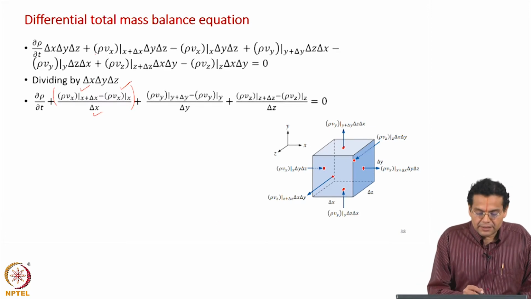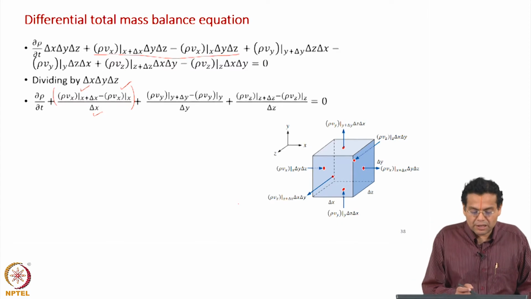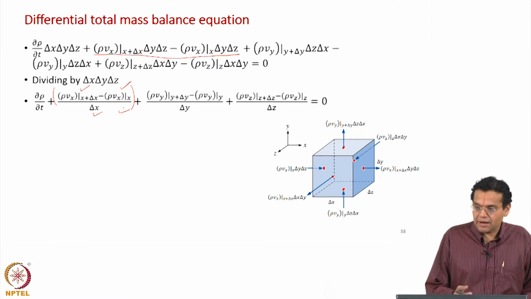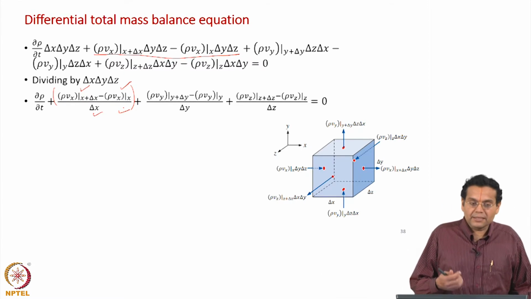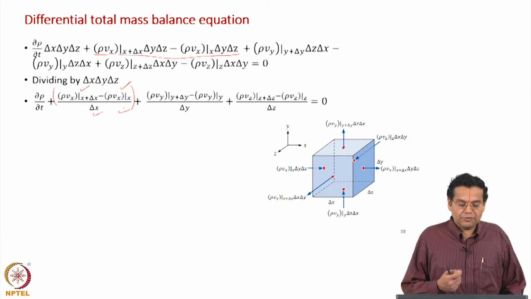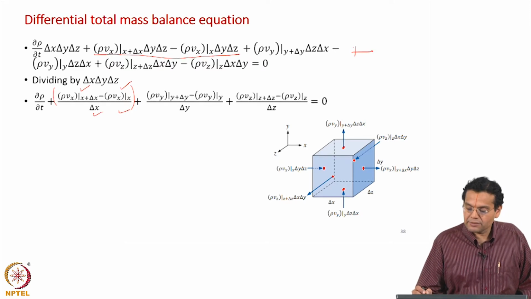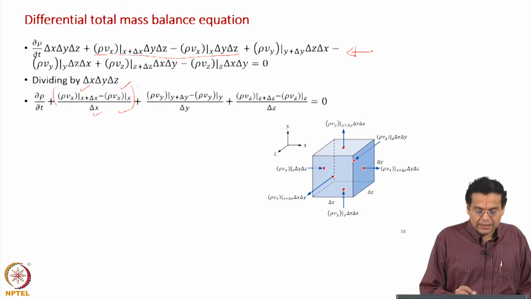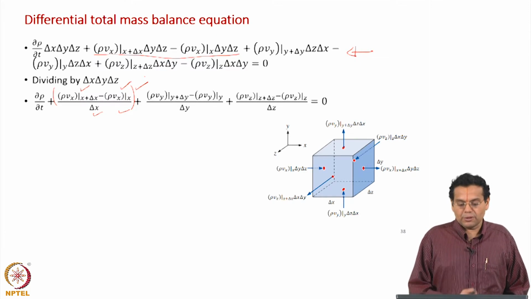At this stage it represents net mass flow rate leaving the control volume in the x direction, because we have divided by delta x, delta y, delta z. At this stage, after dividing, it represents per unit volume. Please keep this in mind, so that when you are interpreting the physical significance of the terms in the differential equation, it will be helpful. So, once again to emphasize, at the earlier stage of the equation they represent net mass flow rate in the x direction, etc. At this stage, after dividing, they represent net mass flow rate, of course leaving, per unit volume. Okay.